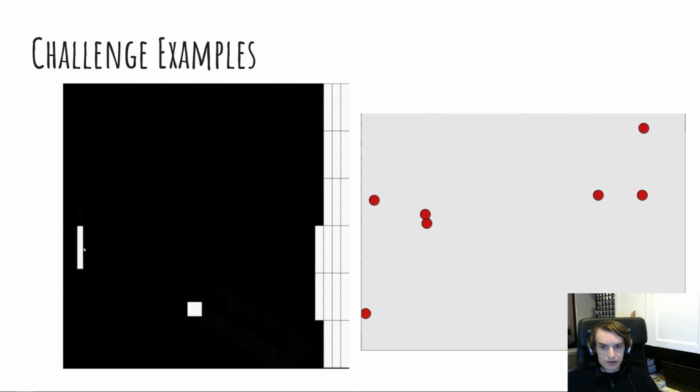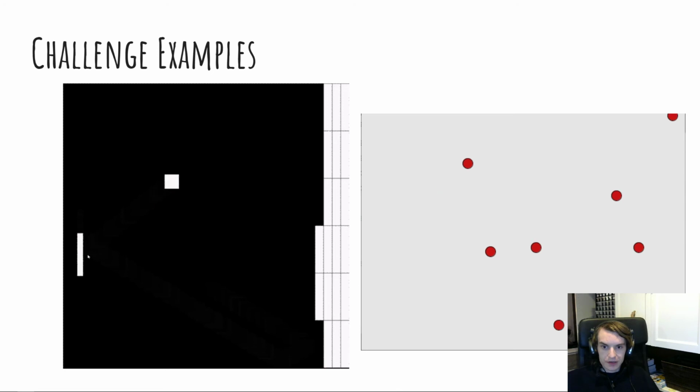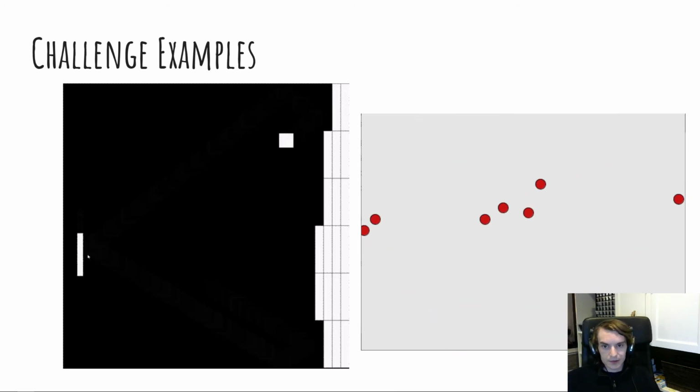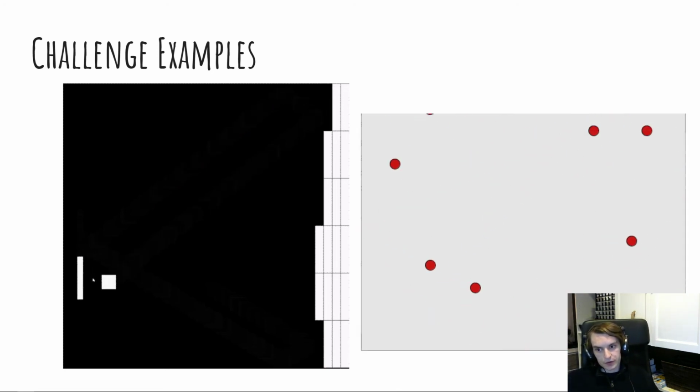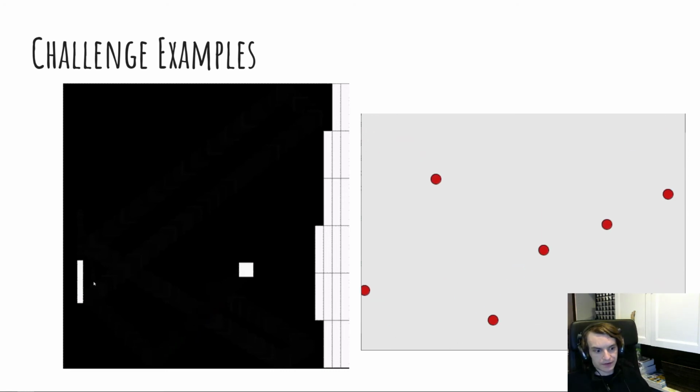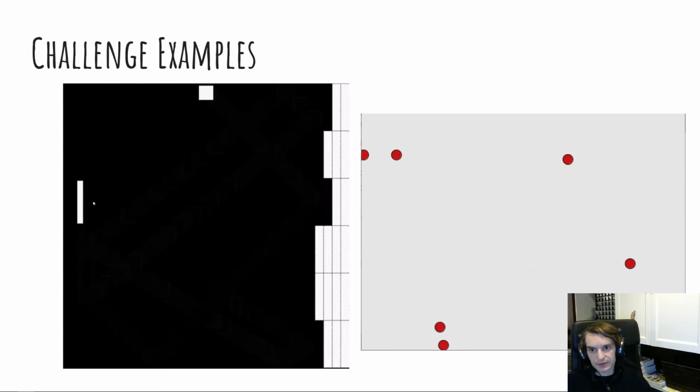And like I said, I'll turn myself off for another couple minutes, and then in a couple minutes I will go through the code for this challenge example on the left. I might give you a short demo of it running first.